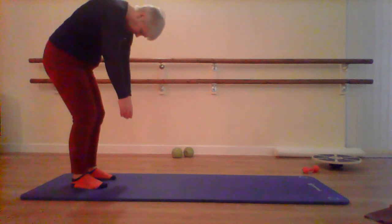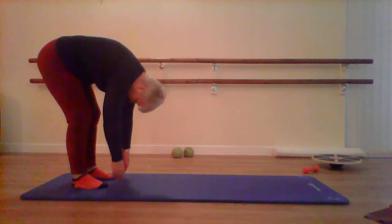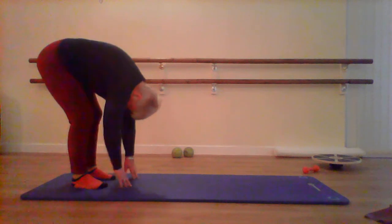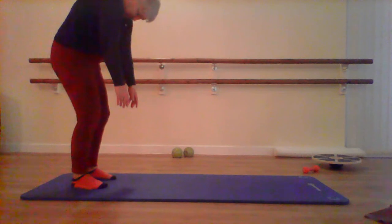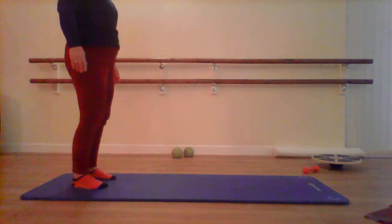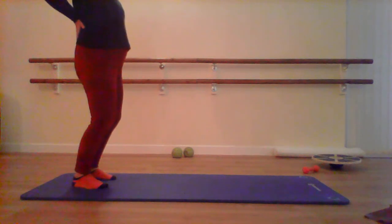Okay, down you go again. So I'm going to go all the way down to the floor because I can. And it's not uncomfortable, it's quite nice. Breathe in and a long breath out to slowly come back up. Relax the shoulders and lift the chin. Now that we're back up, I'm just going to pop the hands in the small of the back and